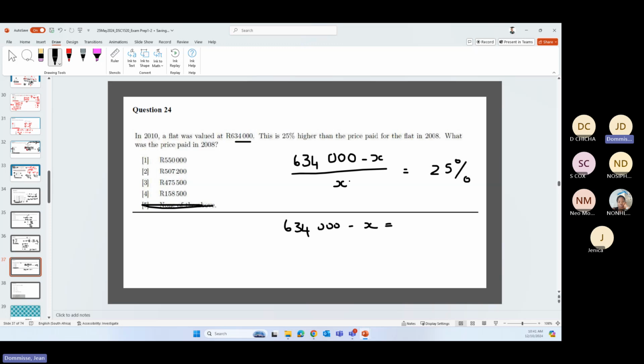So I will multiply out by x, and just change the percentage to decimal. Then I would say, okay, let's simplify. So that goes over to that side, so it becomes positive. And then if we want to isolate x on its own, we will need to divide by